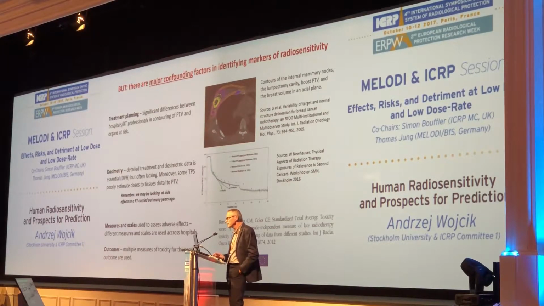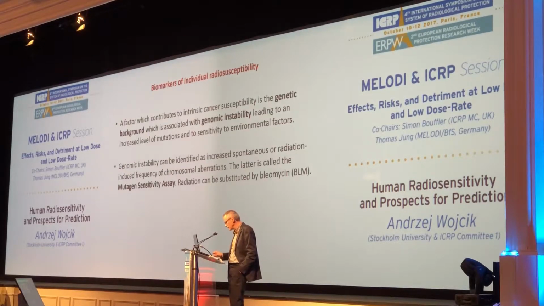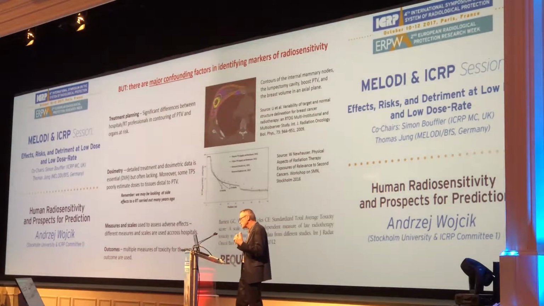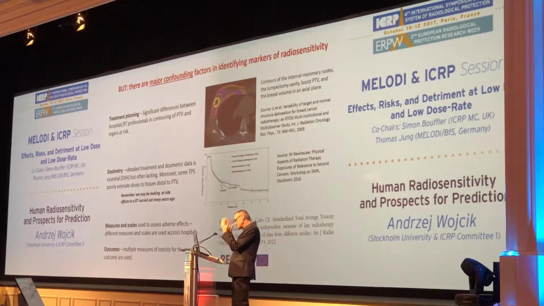Now, there are quite a number of publications where people analyzed this. What you do is you take treatment plans from different centers, or even from different radiation oncologists from the same center, and you put them against each other, and then you check how the individual radiation oncologists delineated the organs at risk or the target volume. And this is from one publication where you see that there are quite large differences. So there are different delineation procedures.